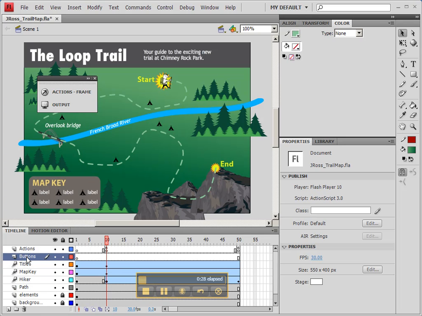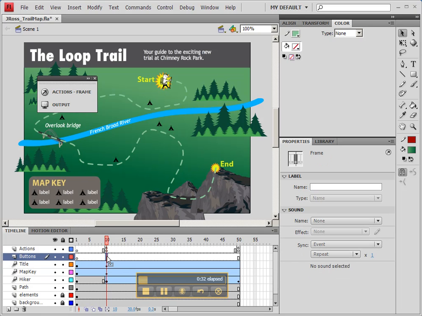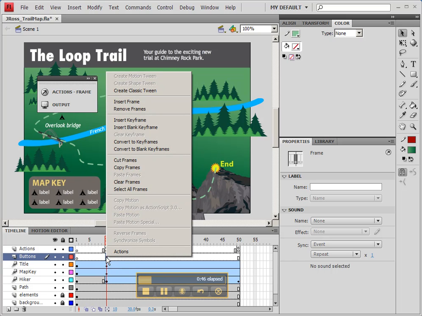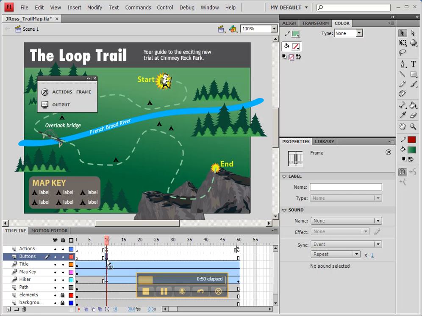Now I'm going to create a button that just appears at frame 10, that will be for me beginning this animation, and then one at the very end which allows me to replay the animation. So let's right click and choose insert keyframe, and that keyframe right there is right now existing all the way to frame 50, and we really don't want that. And you'll see why in just a minute. But we can at least